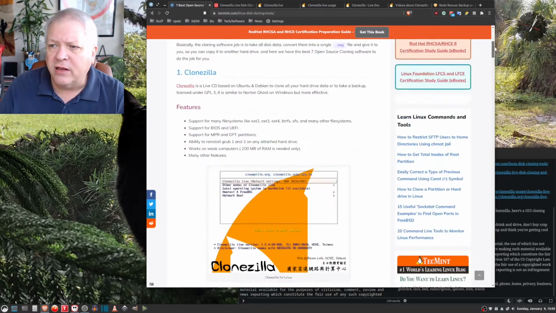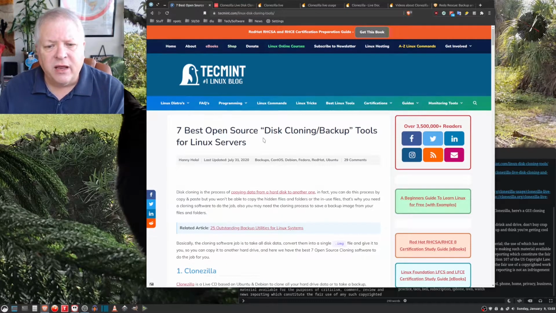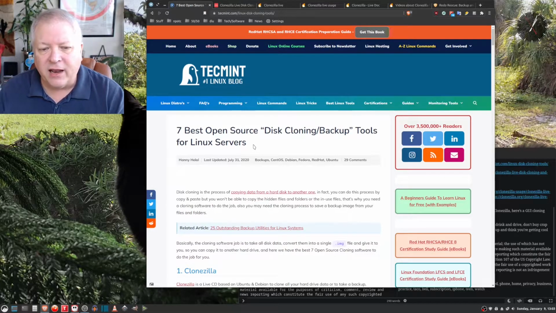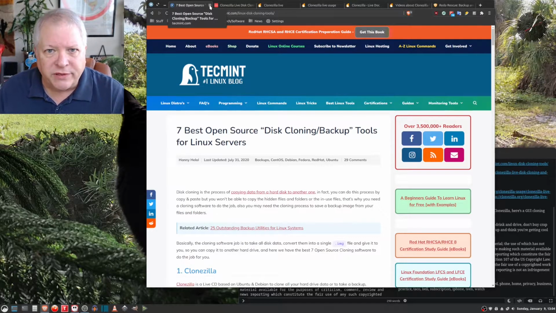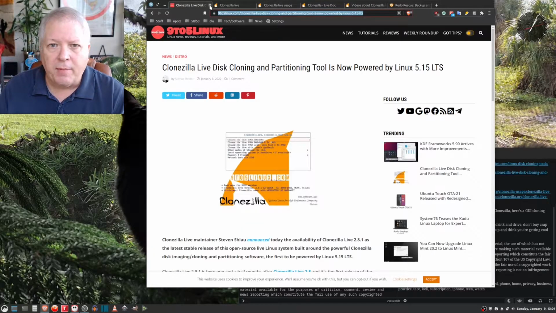And simply because the website says disk cloning backup tools for Linux servers, that's not just specific to servers, it's also good for your desktop as well. One of the best backup tools is Clonezilla. And no, I'm not talking about